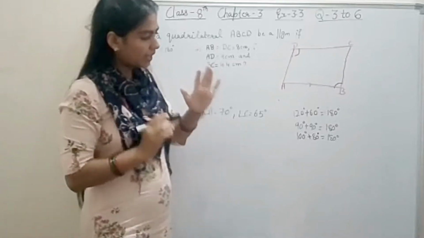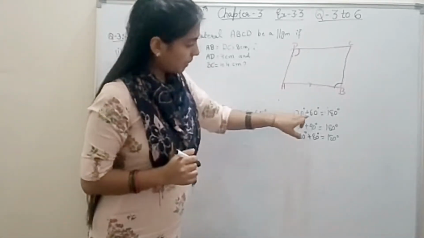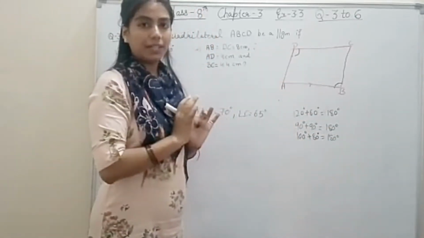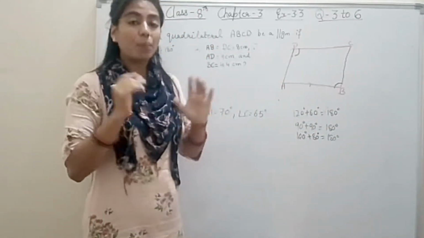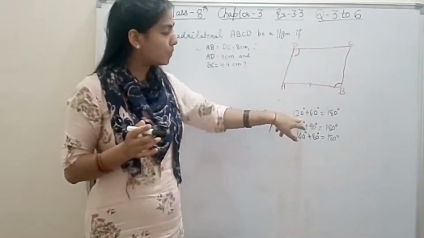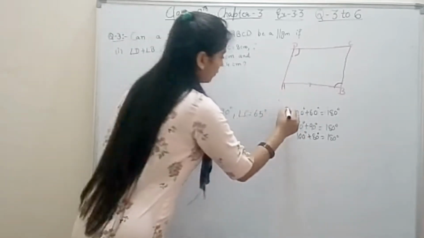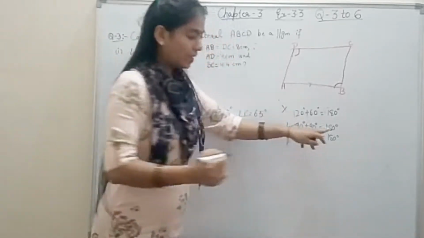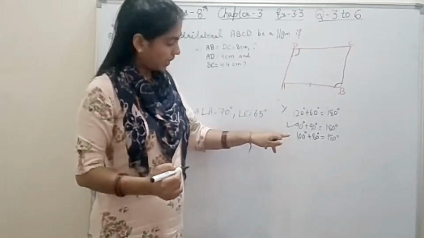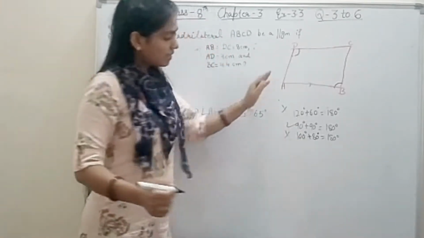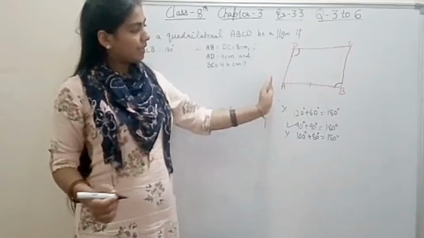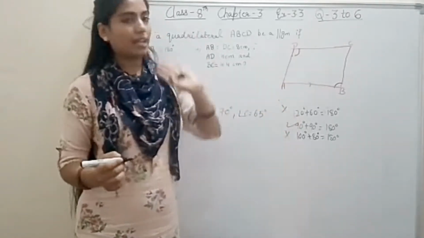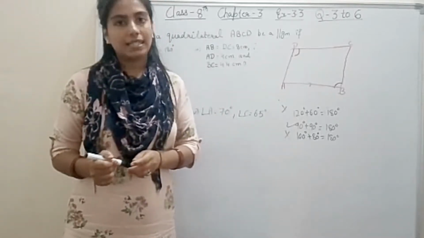See students, it means we can do 120 plus 60, मतलब angle B is 120, angle D is 60, then the sum will be 180. But the property is not satisfied for the parallelogram. Opposite angles are not same. So for this it will be not. Then next, yes, sum is 180 degree. Opposite angles are also same. And for this again it is yes. Means in such a manner, in a quadrilateral it can be parallelogram if angle B is equal to angle D, then only. Otherwise it cannot be.